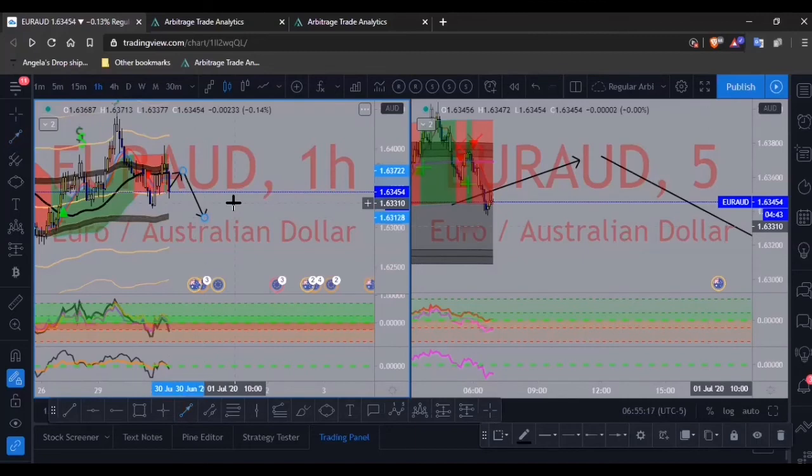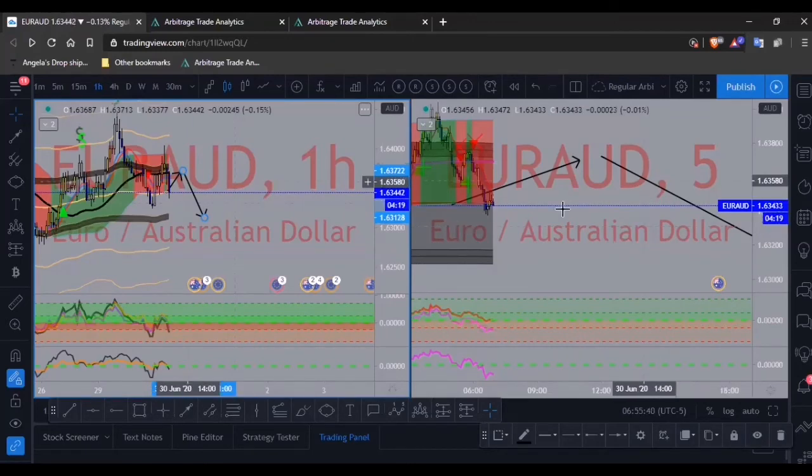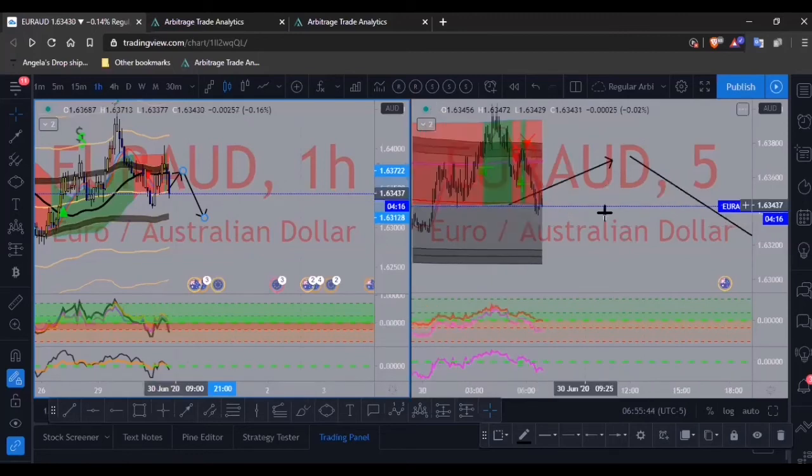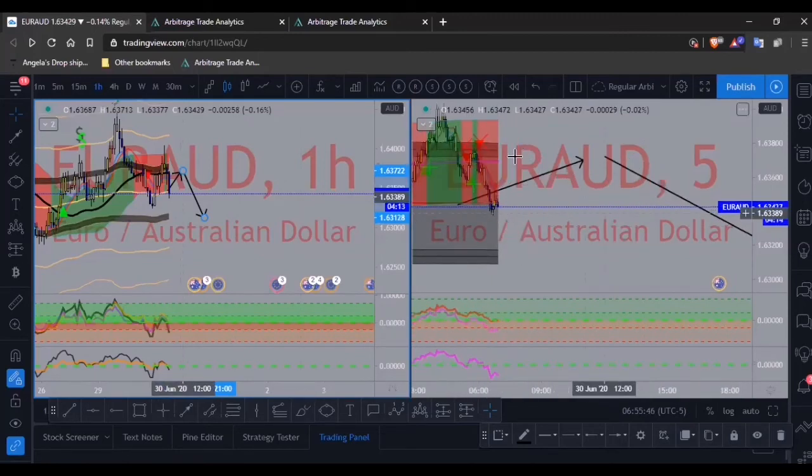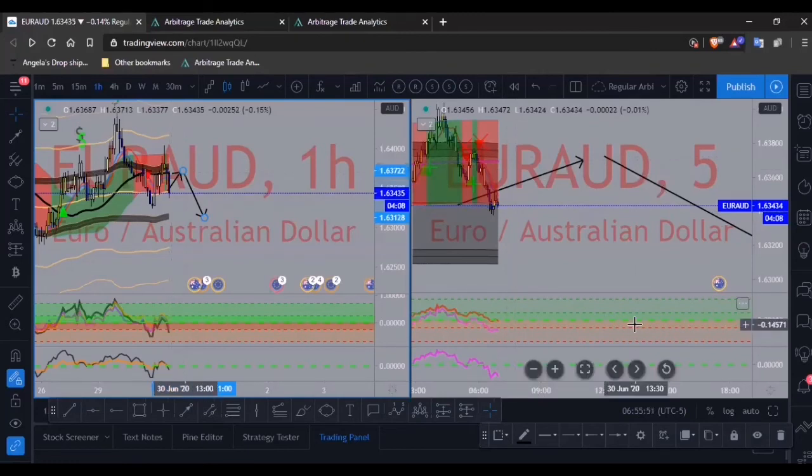AUD pairs, like I said, AUD has just been playing games with my life. I still think that it's going to potentially go bullish. So even regardless, although I do see that on the 1 hour time frame it is calling for a sell, I do kind of want to see this buy. But again, I think we missed the entry regardless. So if I were to get into a sell, I want price to come back up and respect the RSI line and then drop. So that's what I'll watch for.